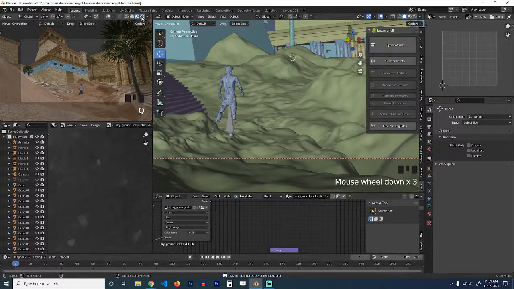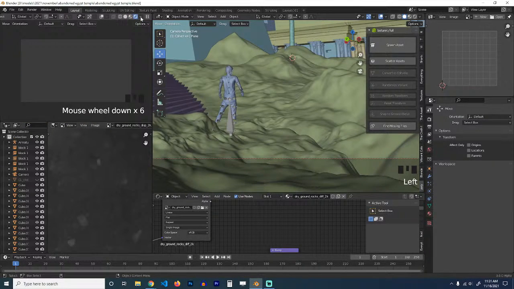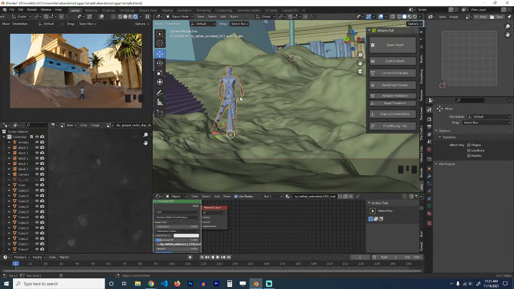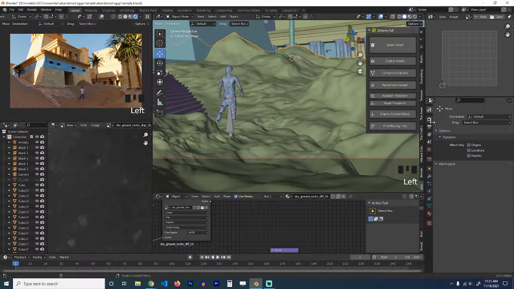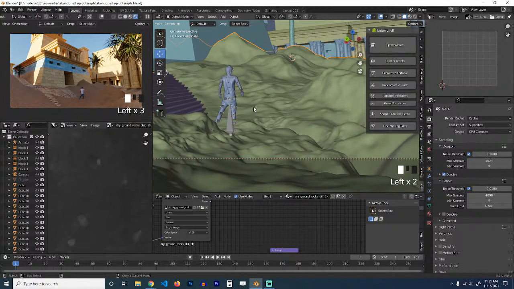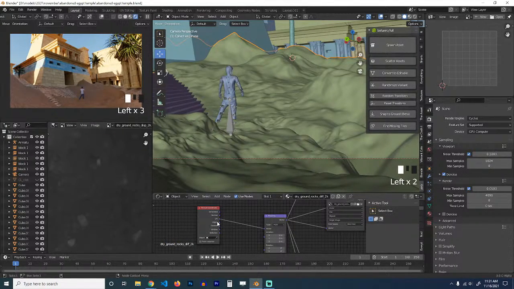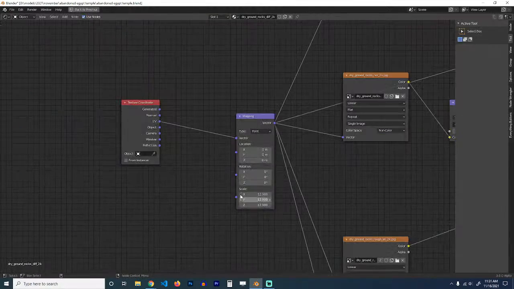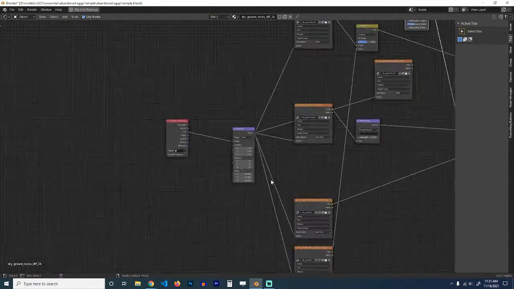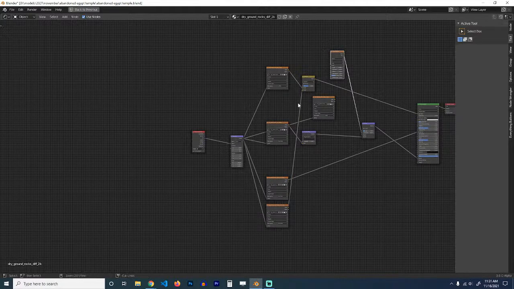Let's go back to the render. See how that looks. Yeah, so that's how it looks. It looks too muddy because Dyntopo usually messes up your UV maps. So we might need a UV map. Let me see if this is using, yeah, this is using a UV map. Let me see. Does everything here use UV maps? Yeah, everything uses UV maps here. So I'm going to go to my,